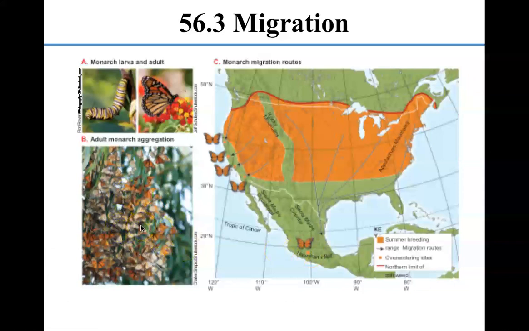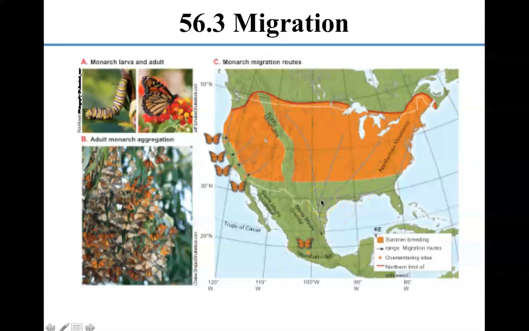And what's cool is it's not like a bird where just one individual flies south and then comes back, or a whale that does the same thing. These monarchs will fly. Let's say a monarch is in Maine, so it'll fly, but they don't live that long, so maybe it flies to Vermont, and in Vermont it lays some eggs and then it dies. And then its eggs hatch, and then the larvae develop, the caterpillars develop, and then the adults fly a little farther south, and maybe they get to, I don't know, Tennessee. And then the adults die, but they lay eggs, and then the eggs hatch, and then new monarchs are born, and then they fly south, and so on and so forth.